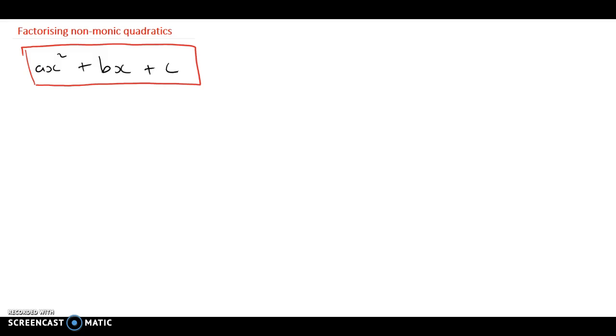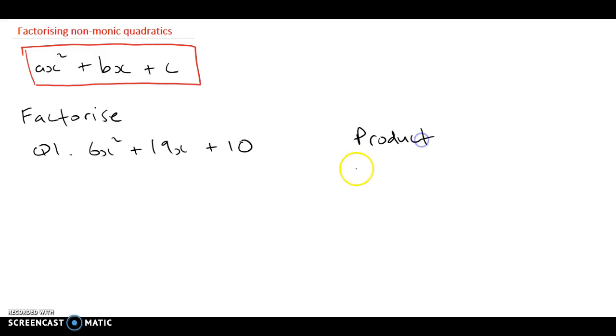And the process for factorising them is similar to monic quadratics, but with a couple of extra steps involved. So let's jump straight into an example. Factorise 6x squared plus 19x plus 10. Now the first thing I'm going to do is our PSF method. So the P is product, S is the sum, and F is the